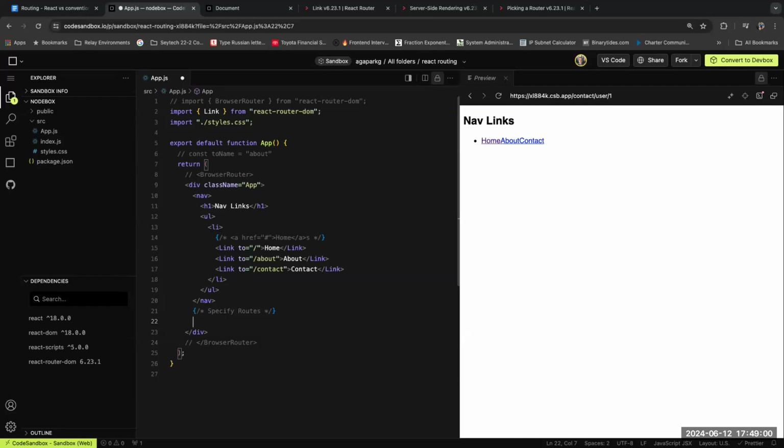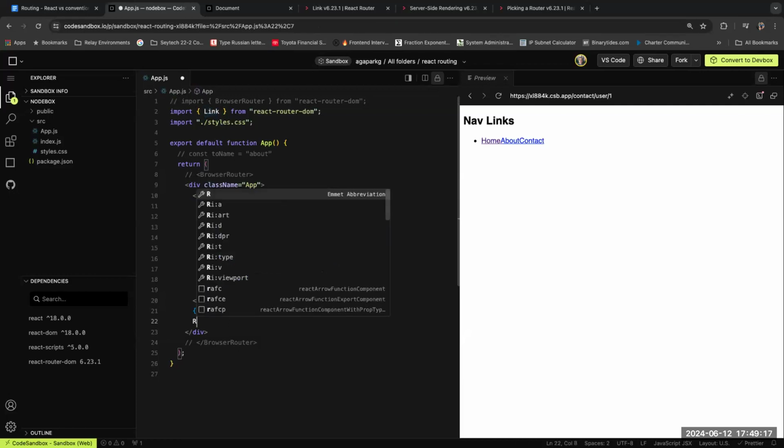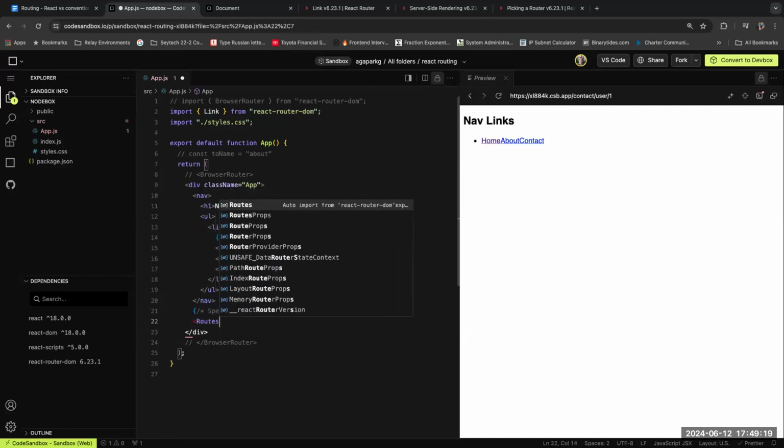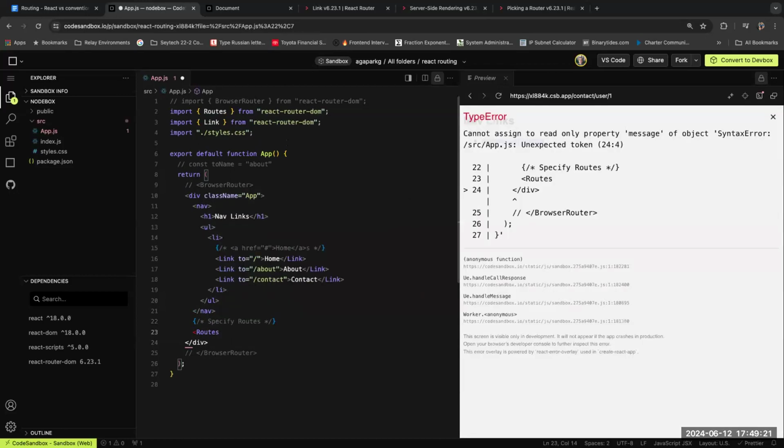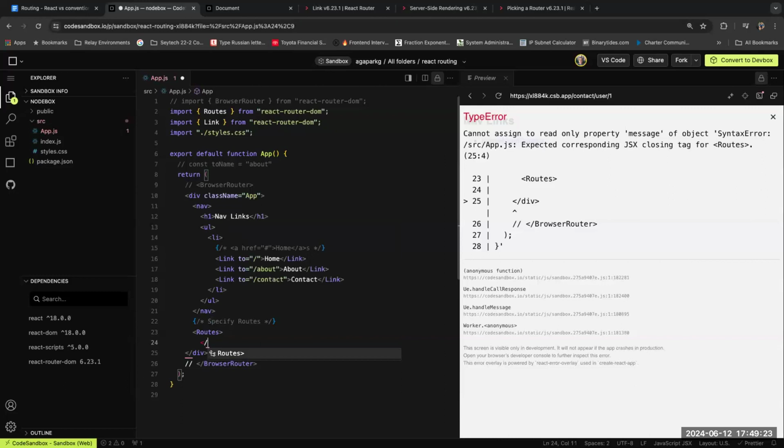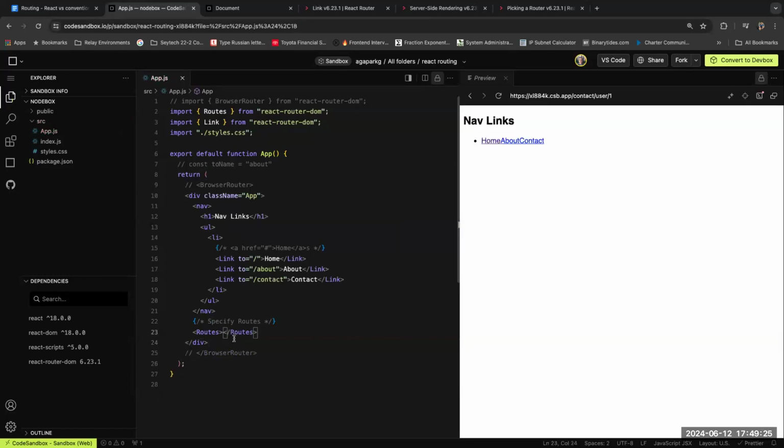We need two wrappers, or components, we can call them, from React Router DOM, just like the link. The first one is the Routes, and inside the Routes,